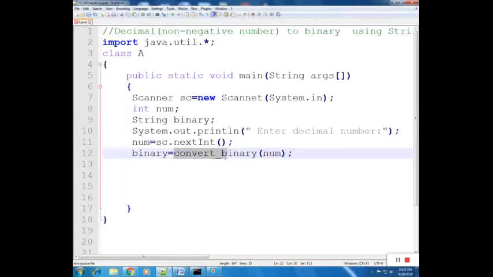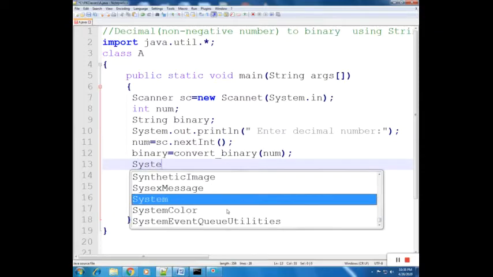We are going to create one method named convertBinary, and we will pass this number as argument. The returned value from this convertBinary will be assigned to binary, and we will print this.